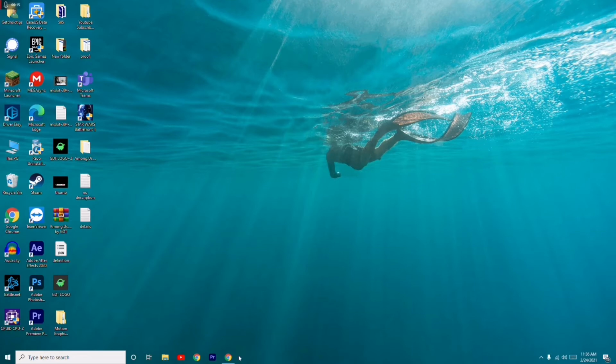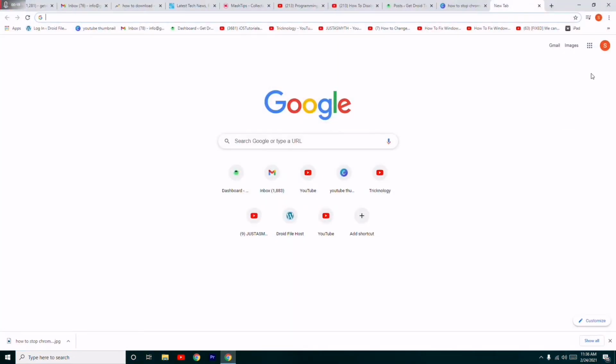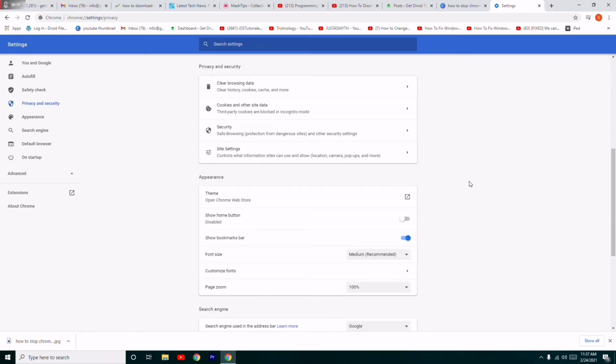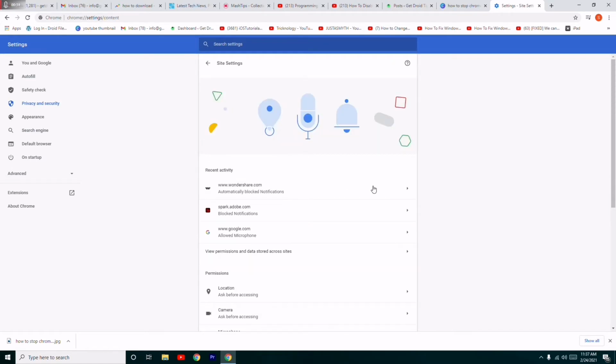So the first thing you have to do is open your Chrome and click over here on the three dot menu at the top right and go to settings. Now from here you have to scroll down and click on privacy and security, and from here go to site settings. You have to click on site settings, and now from here you have to scroll down